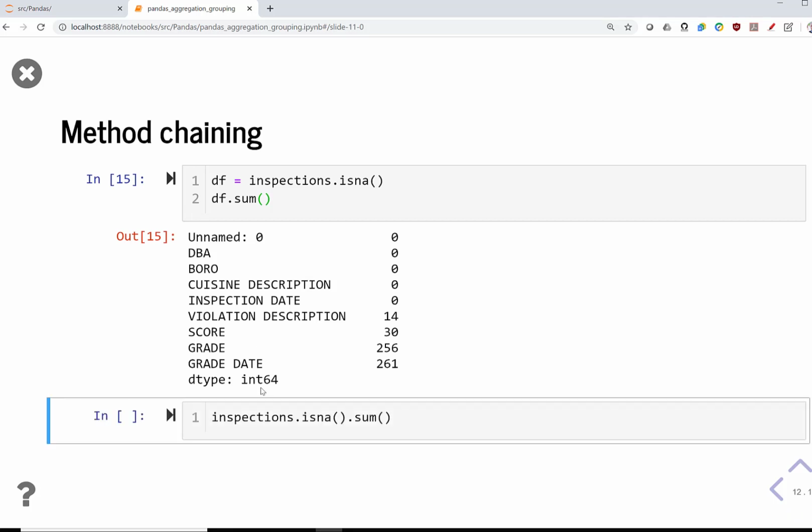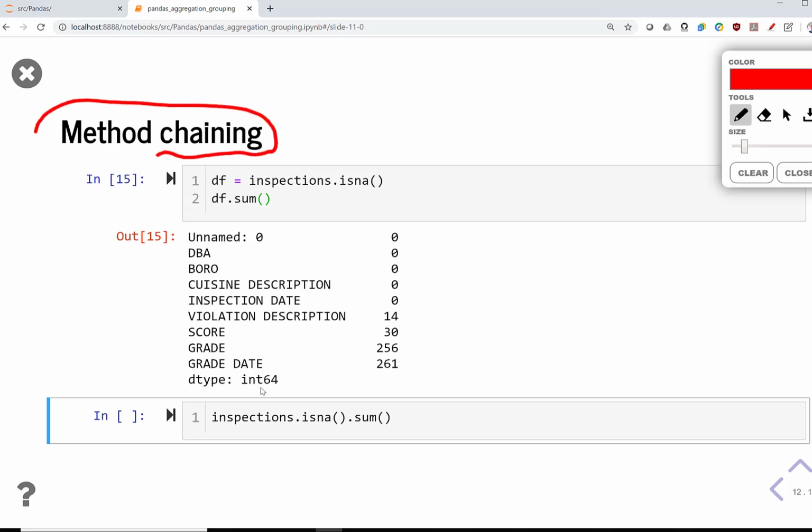by chaining the method calls. This is the process we're using. We're chaining the method calls. In essence, the way to read this is that inspections.isNA is executed first. We get back a data frame, and then using that data frame, I call sum on it. So this is evaluated from left to right, and it saves us from having to break up something into multiple